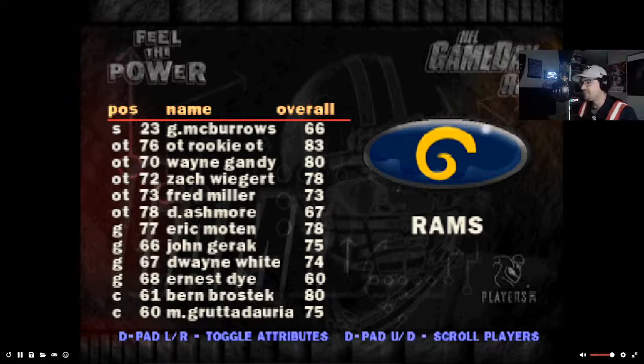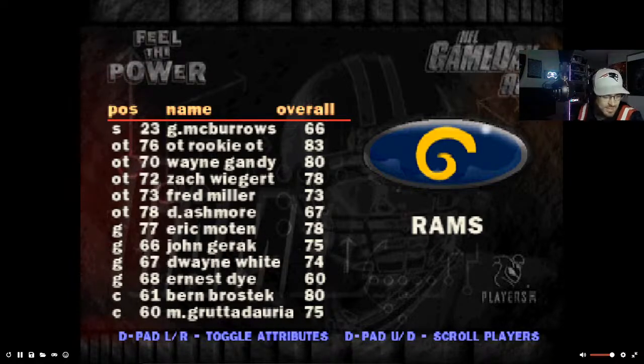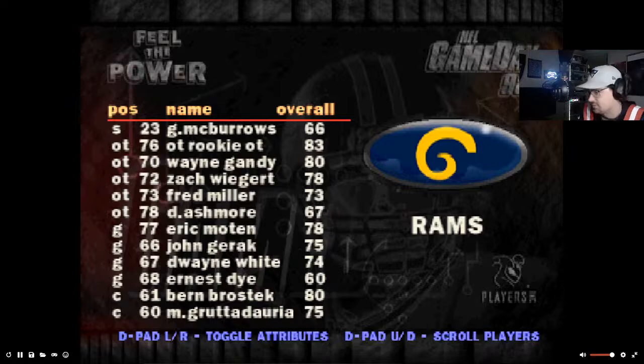So, I am right. Offensive tackle, rookie offensive tackle, is none other than Hall of Fame player Orlando Pace. Orlando Pace was one of the best players on the offensive line. He's in the game. He's listed as, what's it called? Just a generic player name, so they don't even have his name. I think he was a rookie in this year.